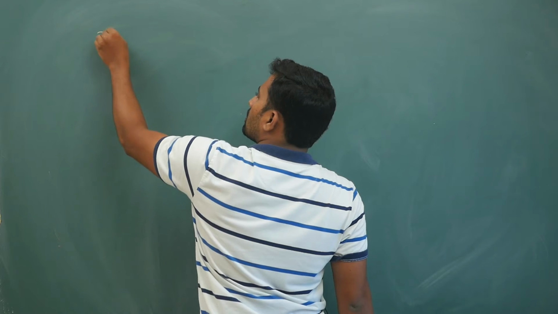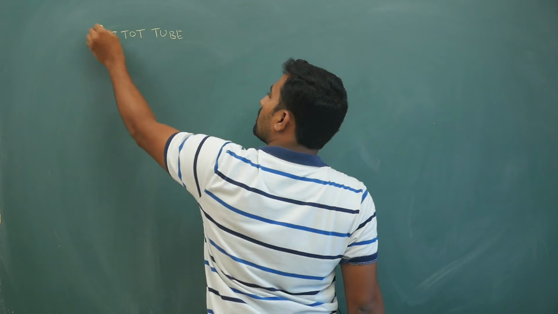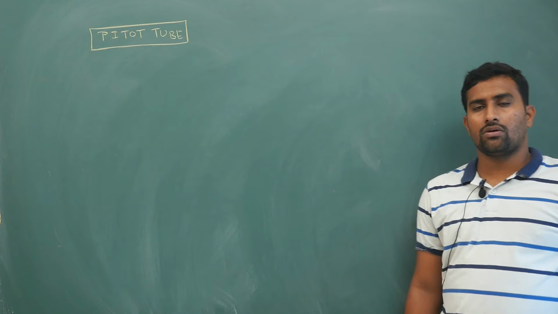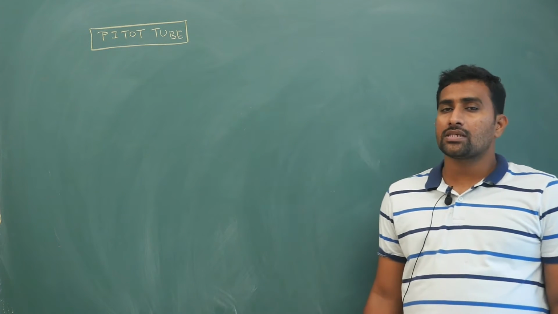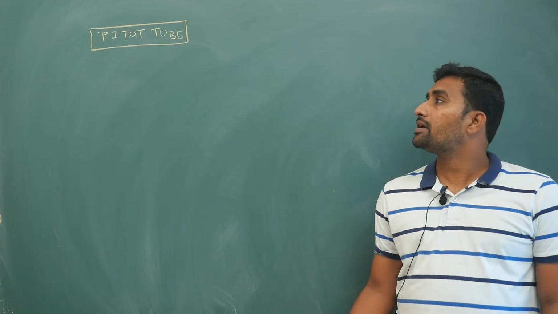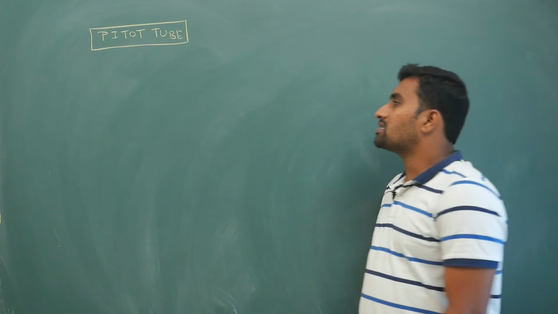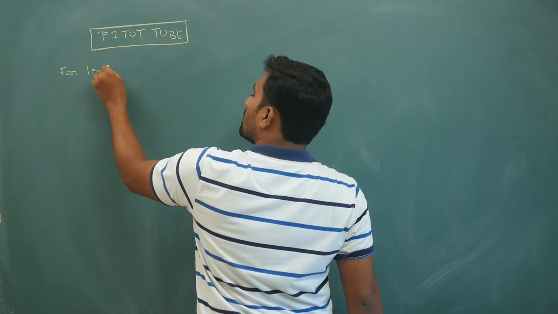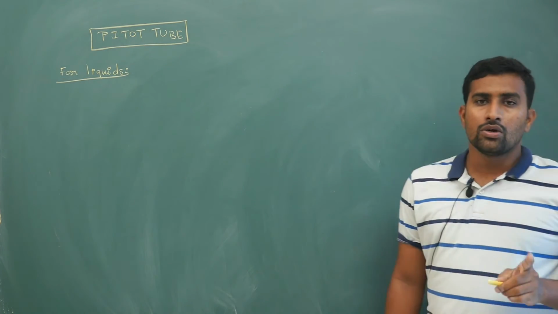So what the pitot tube will do is, you can calculate the velocity in liquids and gases, in aeroplanes and all. While it is flying in the air, with what speed wind is flowing, with what speed the plane is flying, if you are trying to calculate that, obviously you need the help of a pitot tube. Now in the pitot tube, first for liquids we will do it, and then I will explain for gases as well. Your pitot tube, always look for 2 points.